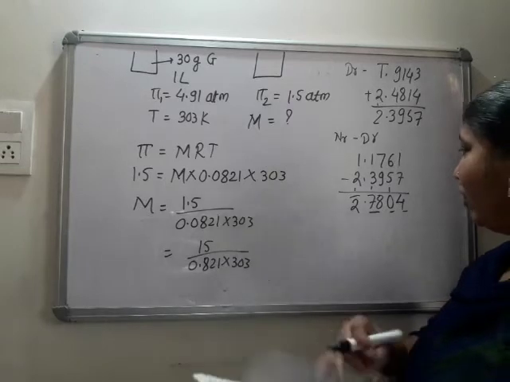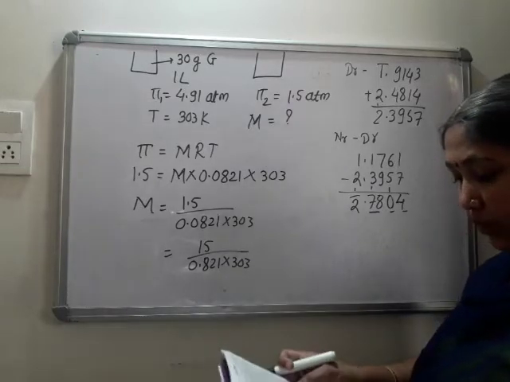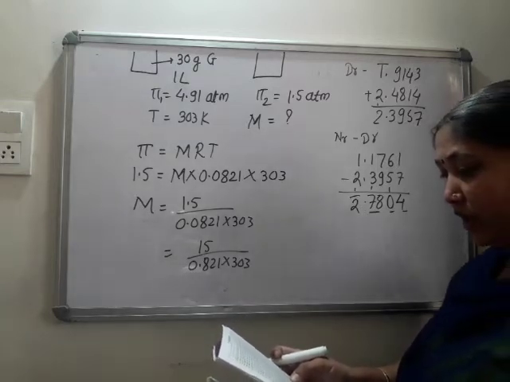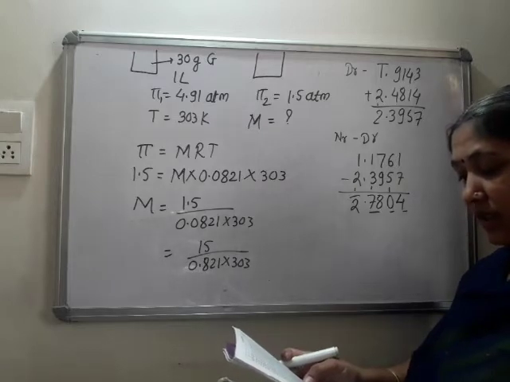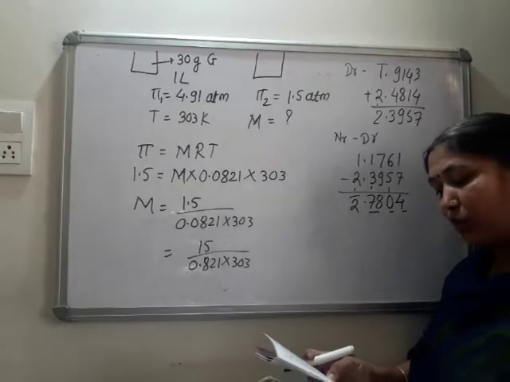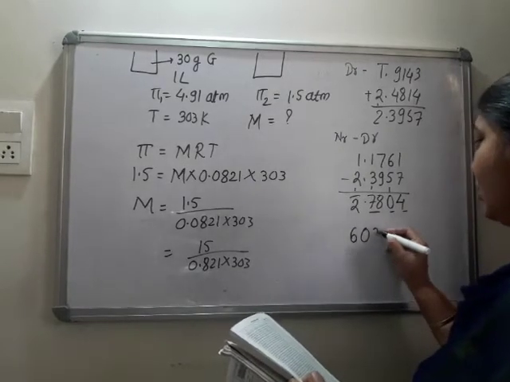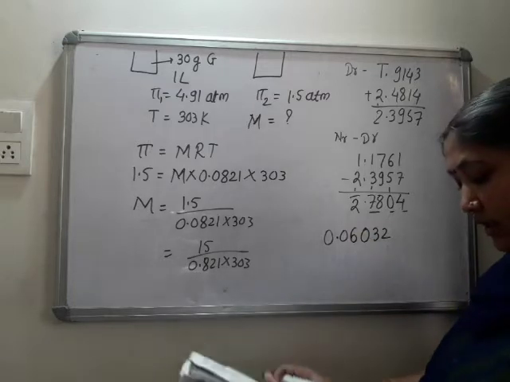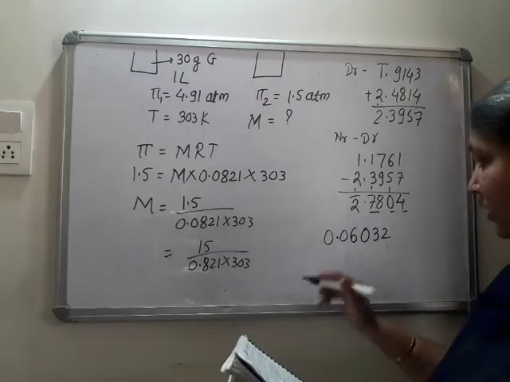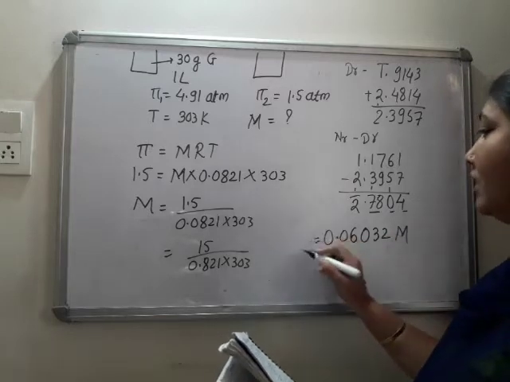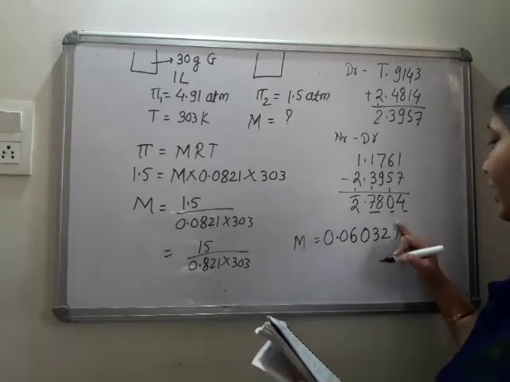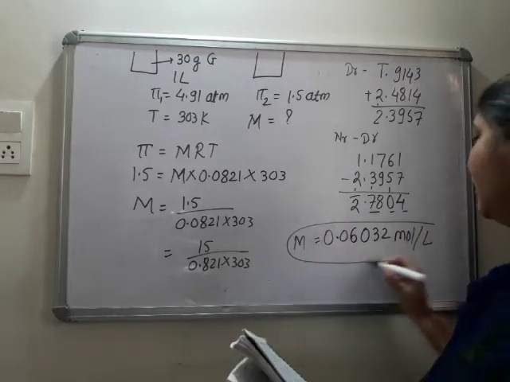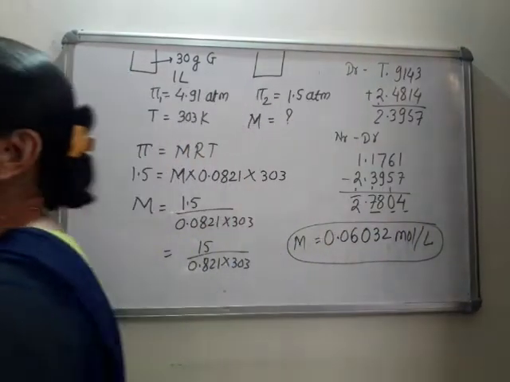So bar 2 point 7804, antilog of 7804. 78 in 0 and 4, 4 is equal to 6. So 26 plus 6, 32, that is 6032. Characteristic is bar 2, so it is 0.0632. Unit is molarity, M, molar. This is concentration or molarity. Here you can write capital M, or we can say mole per liter. This is the answer.